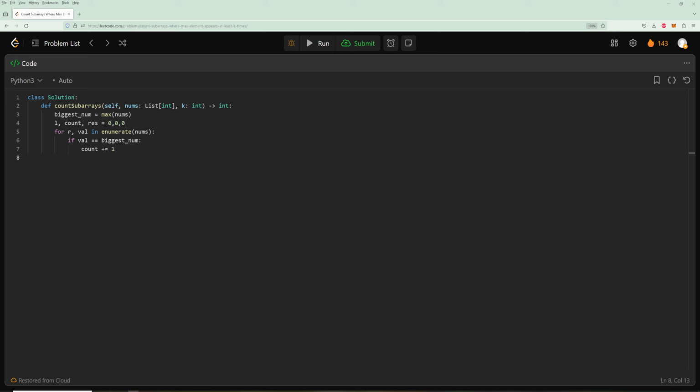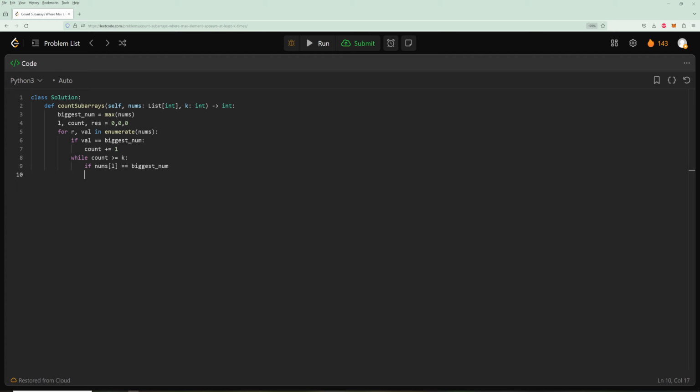And we're just going to say if count is greater than k, we're going to keep shrinking the left until we pass another one of those elements, right? So what we need is, if our count is like 3, we're going to keep shrinking the left until we pass whatever the biggest number was. Let's say 3, we'll do that. Right, so while count is greater or equal to k, if nums[left] equals biggest num, then that means,